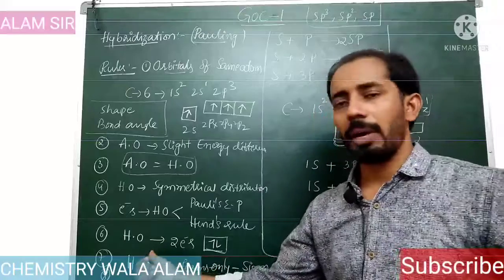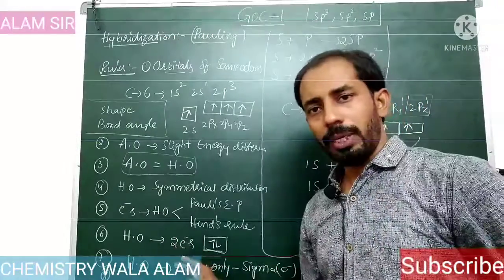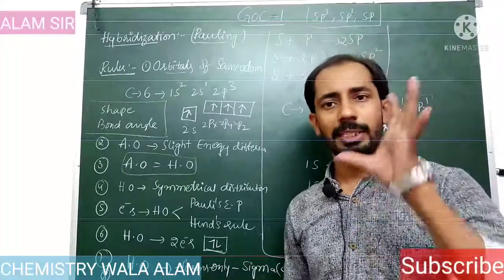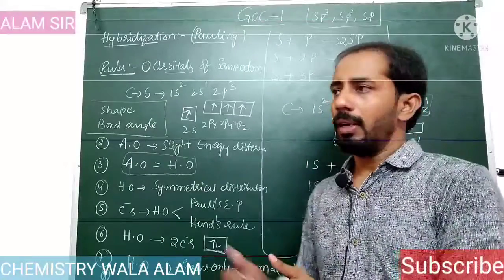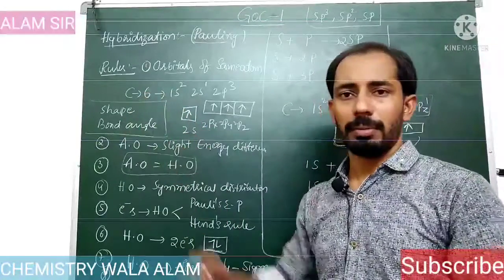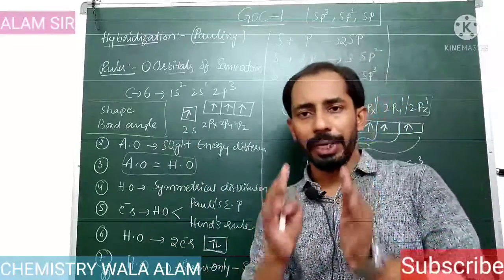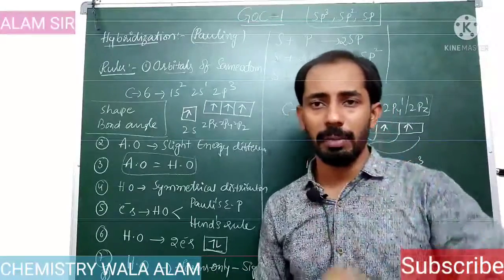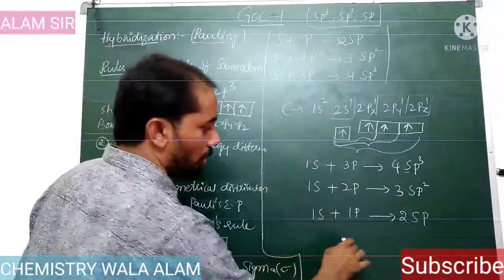Next, any hybrid orbital will hold only 2 electrons, with opposite spins. Hybrid orbitals form only sigma bonds. These sigma bonds can predict the shape of the molecules and the bond angles also. The bond angle between any two adjacent hybrid orbitals will be the same. Based on this concept, here carbon